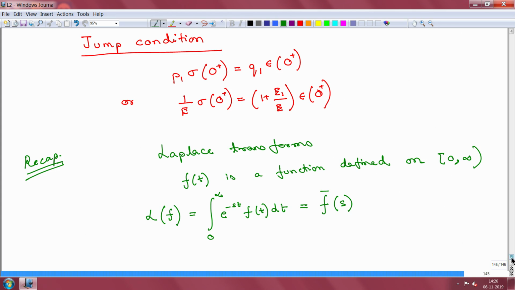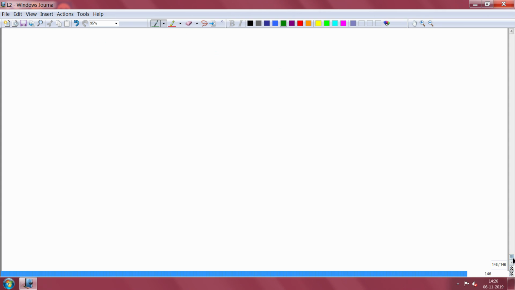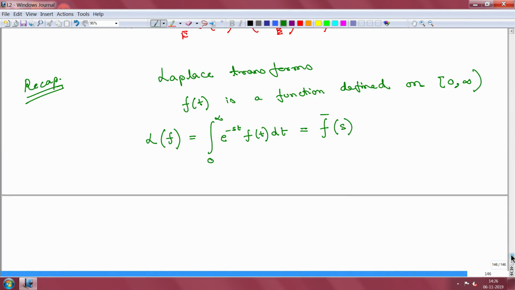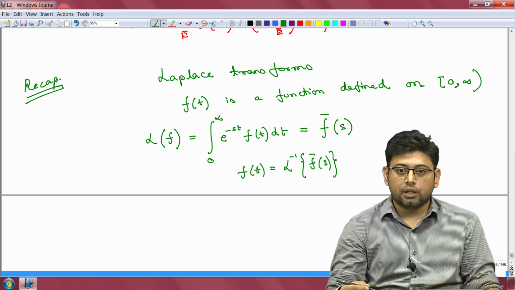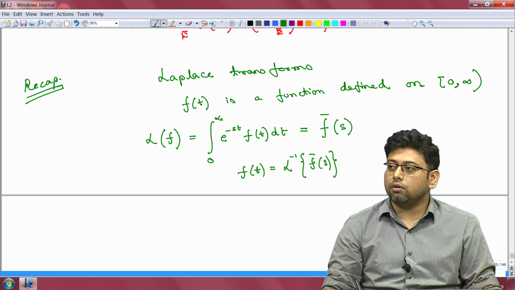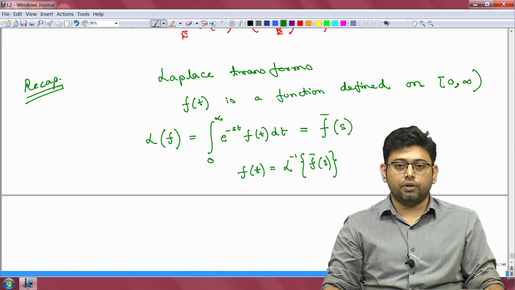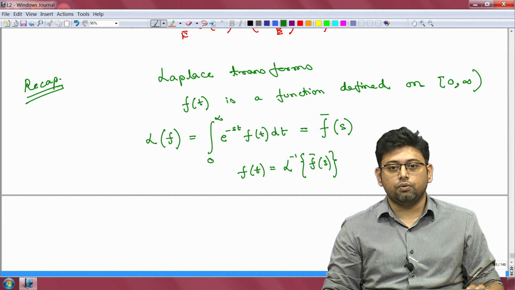And when the Laplace exists, we can show that the function f(t) can be recovered by performing the inverse Laplace of the Laplace function. Okay. So, maybe we will stop here today, and from the next class we will look into a lot more detail about the Laplace function and how to apply this to solve this particular form of the differential equation that we have. Okay. So, we will stop here for today.